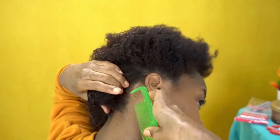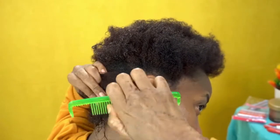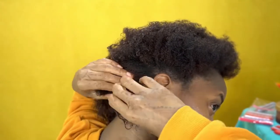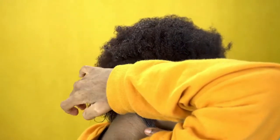The leave-in conditioner that I used is Moisture Miracle from African Pride, but you can use any leave-in conditioner that you have access to. So I'm cutting my hair in small partitions like you can see, and after that I'm going to use a curling cream